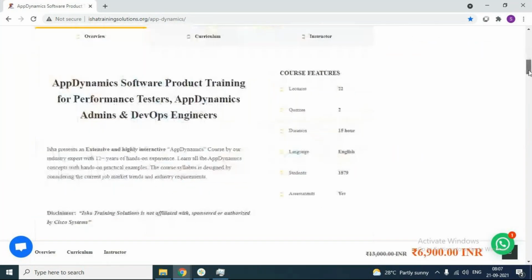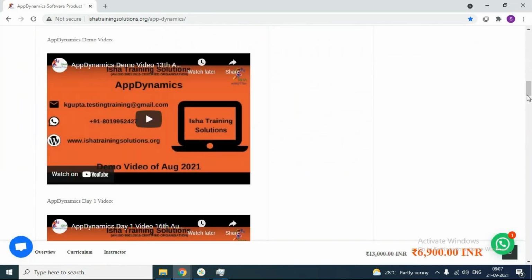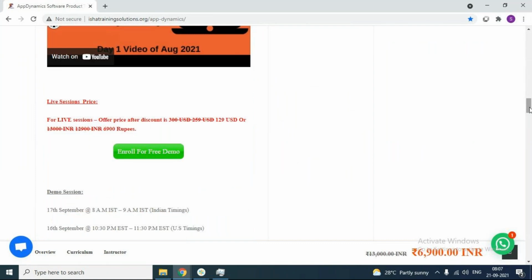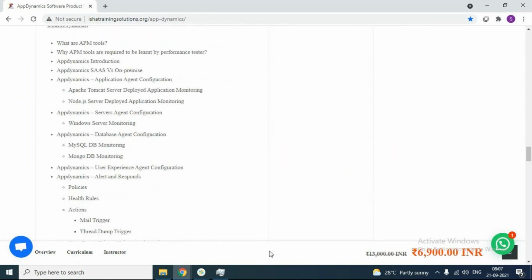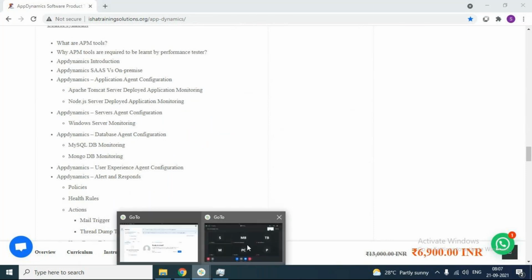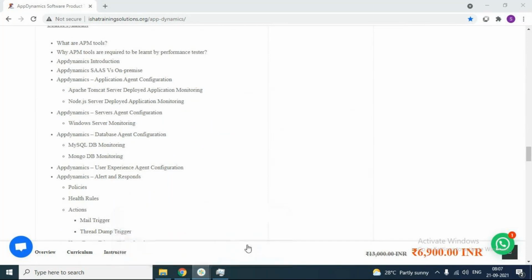So now we are going to start our topic. The first topic is what APM tools are. From today we are starting the actual course content, because in the previous session we gave the introduction and today we are going to get an understanding of this AppDynamics tool.